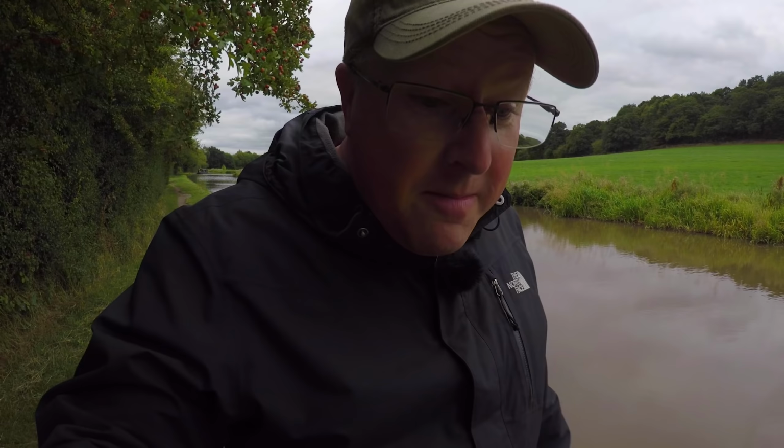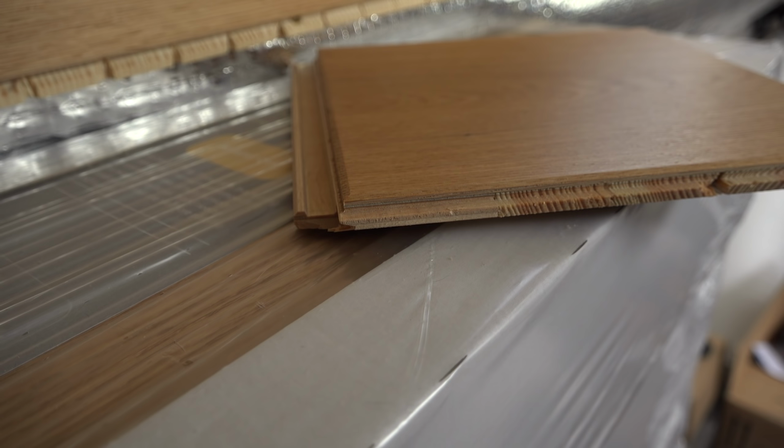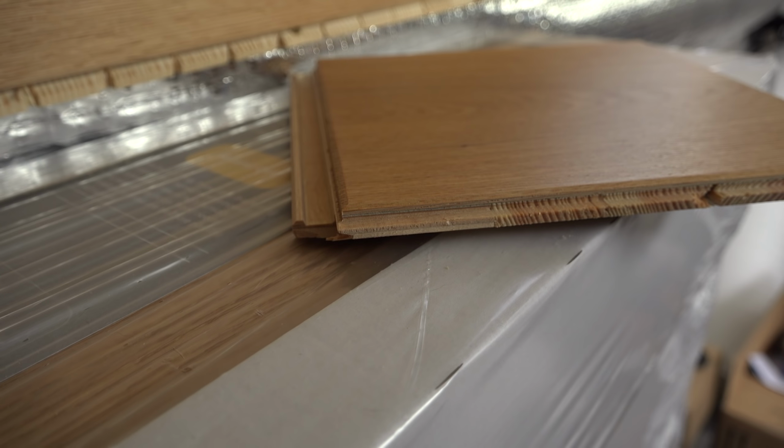And the other big bonus is they've got tongue and grooves on all four sides of the wood. Because my battens are at 40 centimetre centres, I now no longer need to end on a batten. So I can just carry on going, and I can do whole lengths of the boat. What I've done is I've started at the top, I've screwed the top ones in, and then I've just carried on going down, and they all click into each other, and the next one down makes the top one much more rigid,